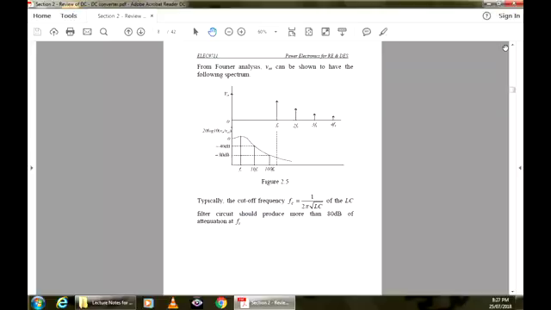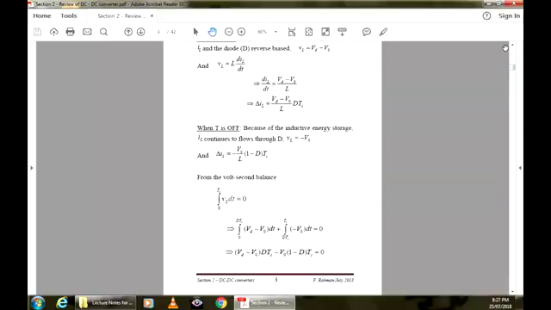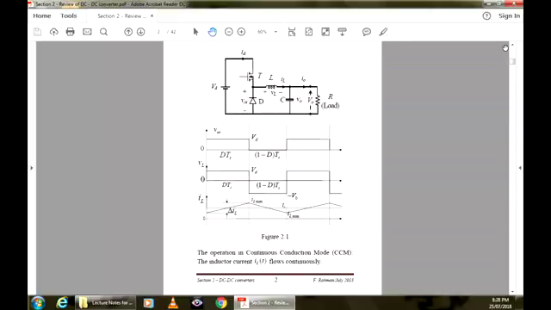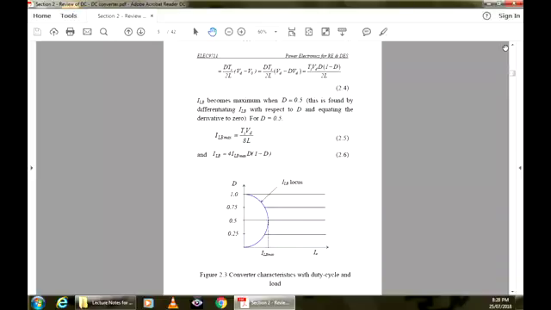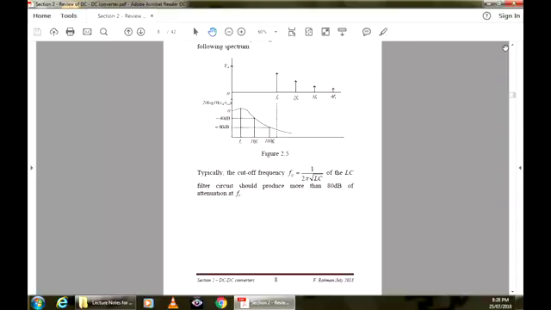Now, if you look at the output voltage here, which is supposed to be V0, the voltage across this terminal is like this. If you subject it to a Fourier analysis, assuming that this is an LC filter, it will have a Fourier spectrum like that. V0 will have a DC value